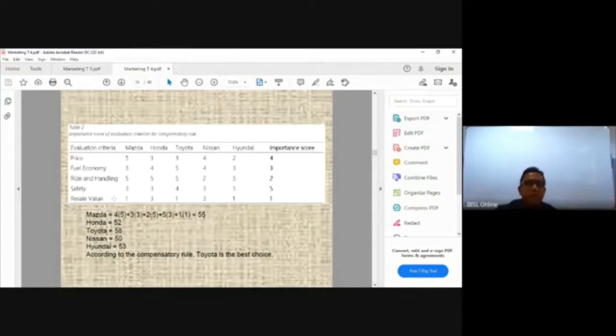If the particular brand is very high in terms of that criteria, you give 5 marks, and then 4, 3, 2, 1, 0 like that, right? So if you take Mazda, in terms of price, maybe you give the highest marks because Mazda price is a bit low compared to others. So Honda you are given 3, Toyota 3, Nissan 4, Hyundai